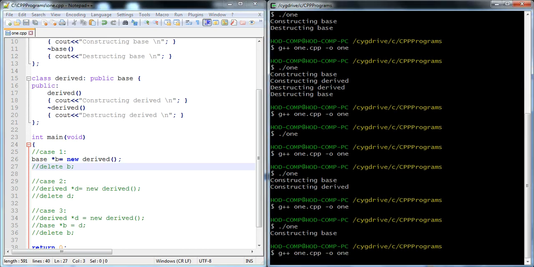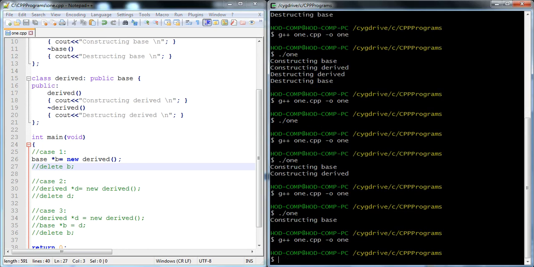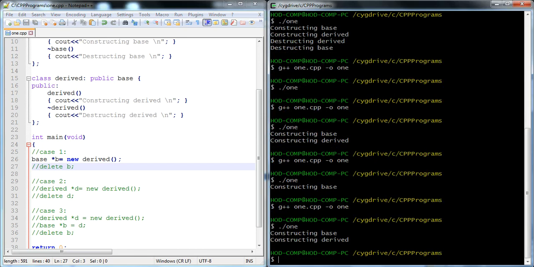When we create an object of the base class and assign the derived class constructor to it, the output only calls the constructor of base and derived.